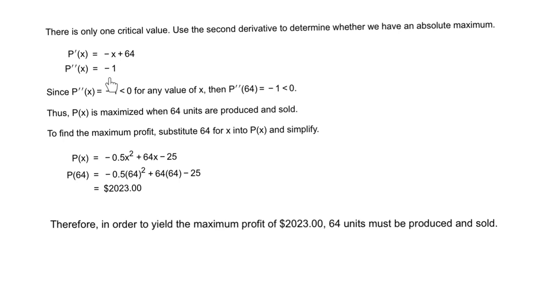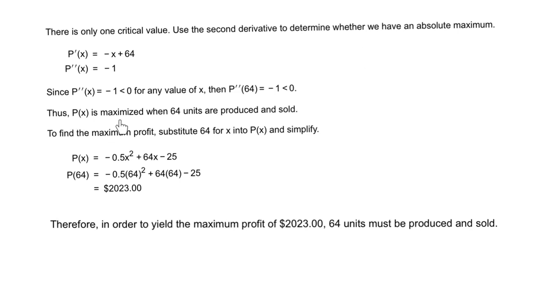So take the second derivative and plug in the critical value. We got the critical value equals 64, right? So substitute the critical value into the second derivative and evaluate the second derivative at the critical point 64. So p double prime of 64, since there is no variable here, for any value of x this will always be negative 1. So the second derivative at the critical value is always negative. That means it will be concave downwards, right? So at the critical value there will be a maximum.